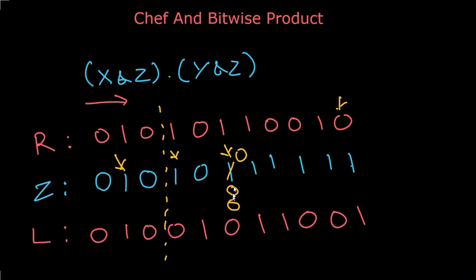Because bitwise AND will not be affected. So if both X and Y are having bit value 0 over here, then I can make this 1 as 0. And I do this to change my maximum number of 1s to 0s such that Z still lies between L and R and the answer does not change. So here it is, guys. This is how we solve this problem, and I hope you have understood this solution.